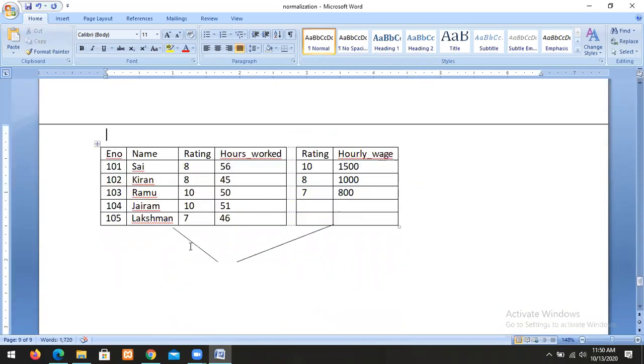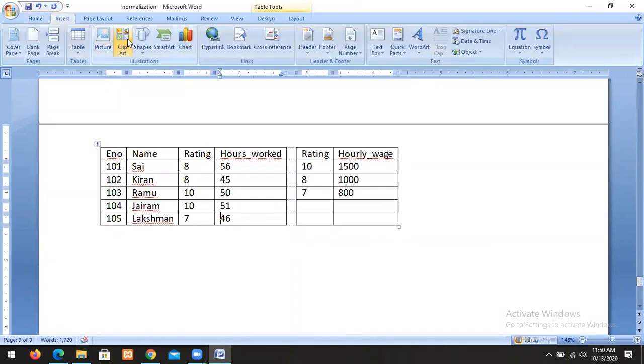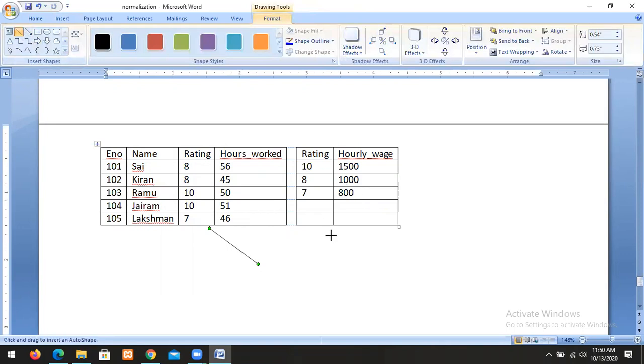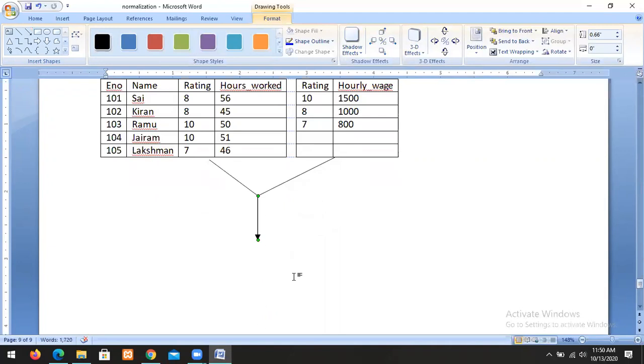let us assume there are two relations. This is the first relation, this is the second relation. Suppose I join these two relations. When I join two relations and we get the original relation, then it is called a lossless join dependency. So what is a join? You already know join. In joins, a row is selected when the column value of the first table is equal to the column value of the second table. Otherwise the row is not selected.